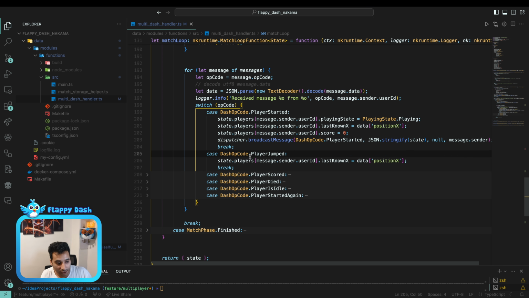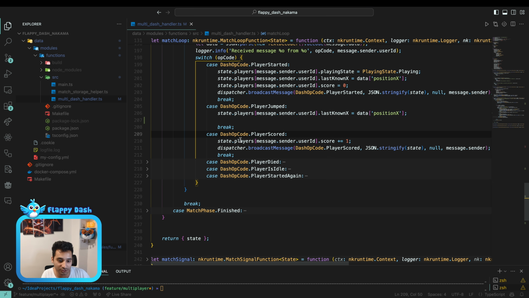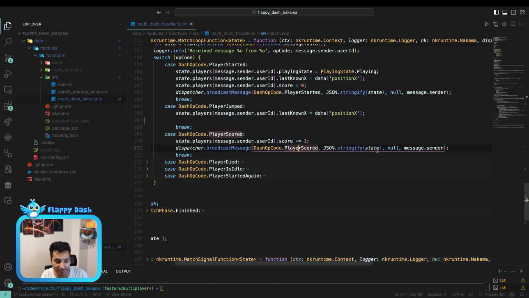And for player jumped, we need to broadcast it to everyone to jump the dash that they have in the world or in the game. I forgot to add it. It's gonna be here. And we have player scored, so we just increase the score of the player and we broadcast it to everyone.